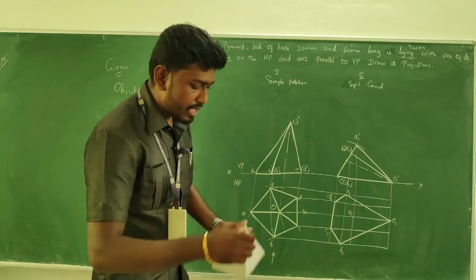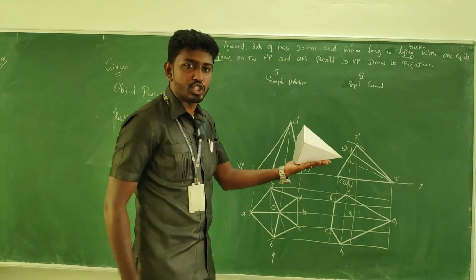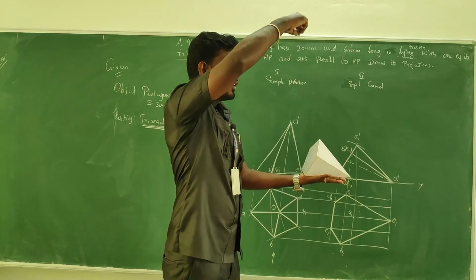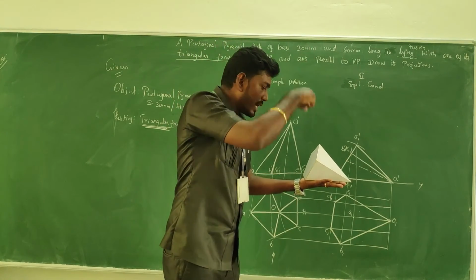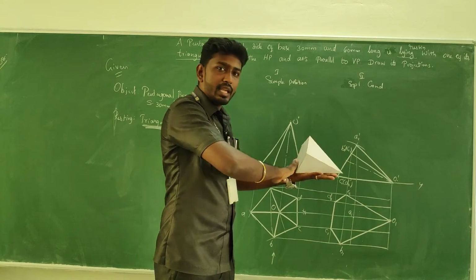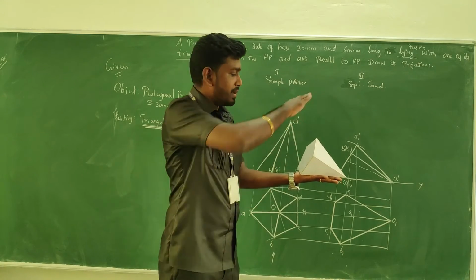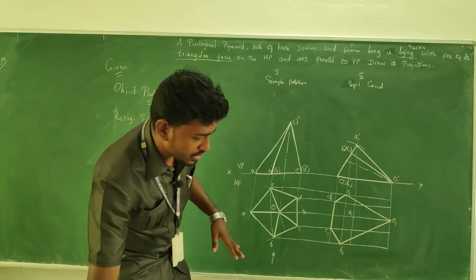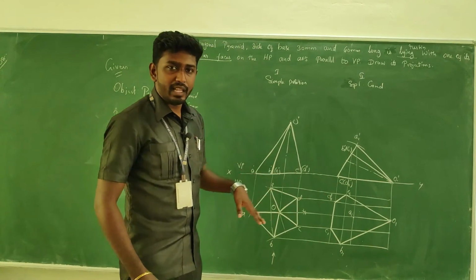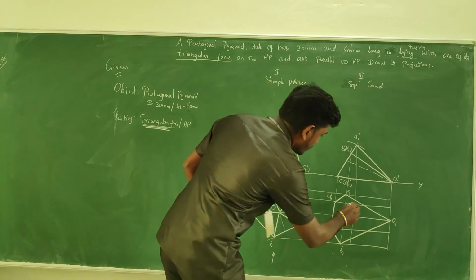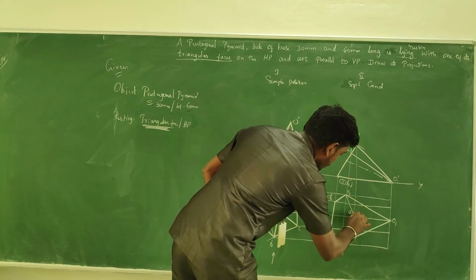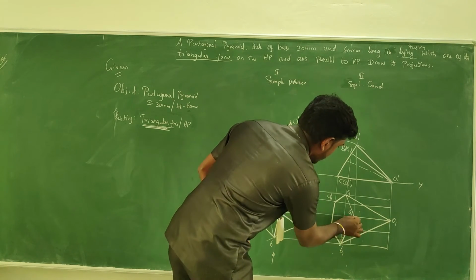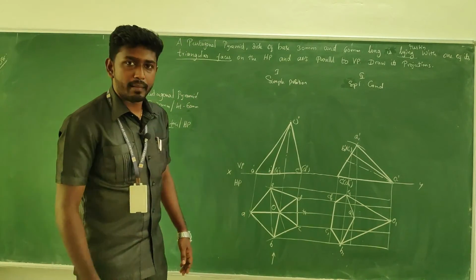What is next? We must look for the base. It has been in this position. We are taking the top view trace. Okay. When you are keeping like this, when you are getting the observation from the top, when you are looking at 90 degrees to it, definitely the base will be visible. So without any confusion, we can make the remaining portion of the base as a dark one. So A to B and A to E, it's a dark line.